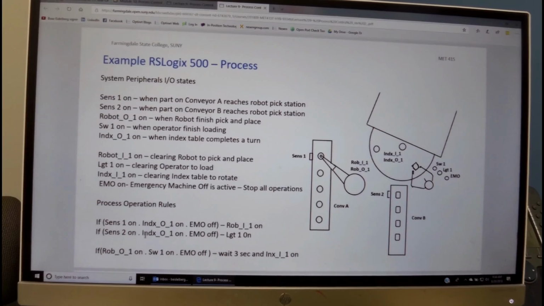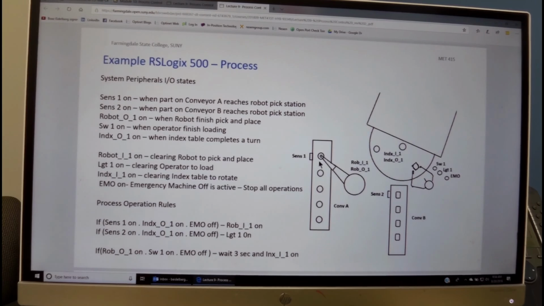And if sensor 2 is on and index O is on, another index is not rotating, EMO is off, then light 1 can come on,